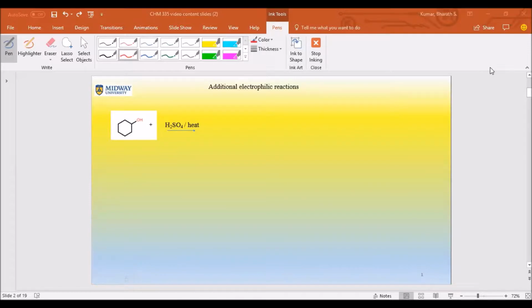Welcome back. This is the second of the additional electrophilic reactions that I want to walk you through. Now, if you remember in the previous video, I pointed out two important aspects about sulfuric acid, which is this right here. Sulfuric acid can be a dehydrating agent, as I said. If it is a dehydrating agent, it means it can remove water, right? Or sulfuric acid is also a rich source of proton, which is H+, which was used